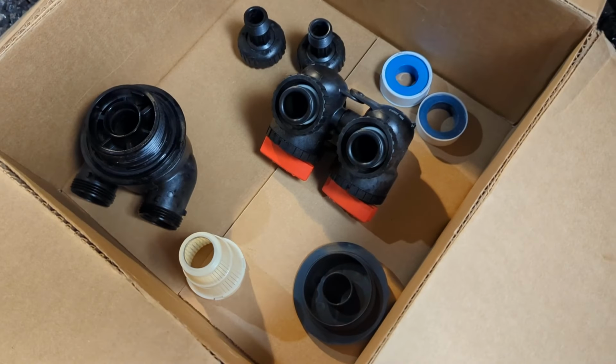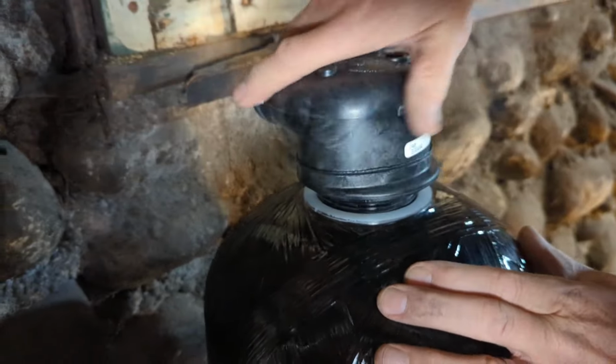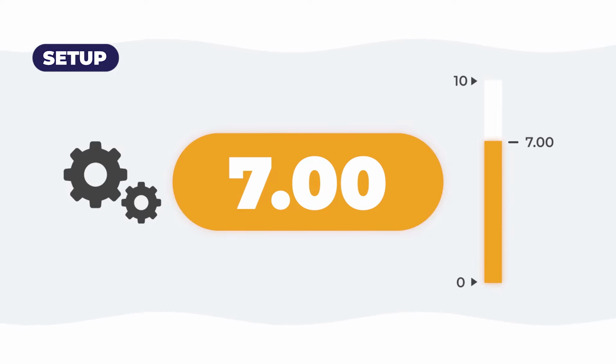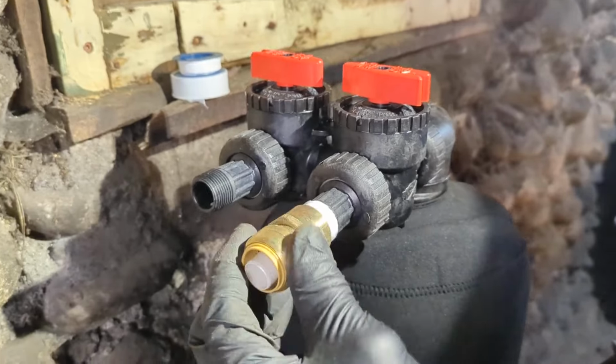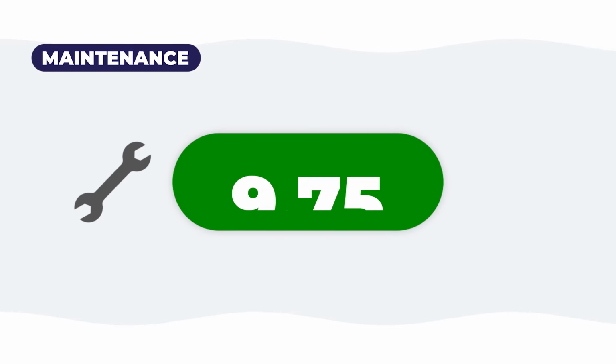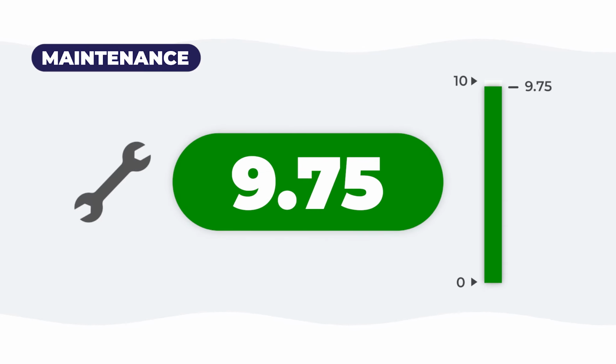While it's solidly built and supposedly uses certified components, it's lacking a material safety certification as a whole. Plus, it scored a low 7 for setup because the process is challenging and involves an invasive installation at the home's main water line. On the plus side, it stands out in the maintenance category with a high score of